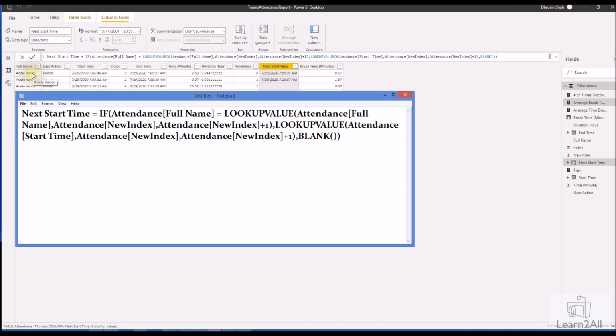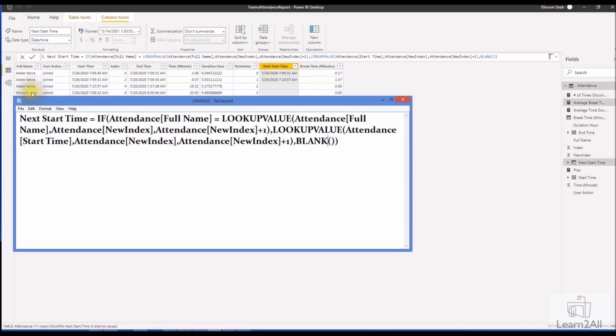So in this case I got Adel, and in the second row if there is the name Adel, then 7:09:31 is considered as the next start time. Same way for the second row, for Adel, if I find another Adel for the same candidate, then this start time is considered as the next start time. Now for the last row, I did not find the next row as Adel, I found it as Dhruvin. That means this is the last time Adel has joined. This is the last pair of Adel, so it will be considered as blank.